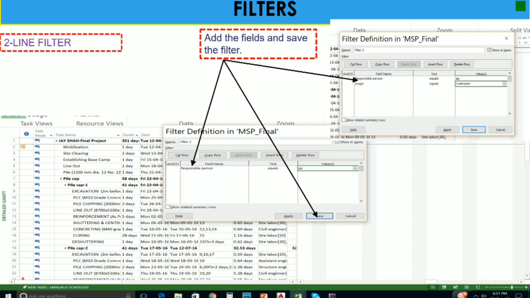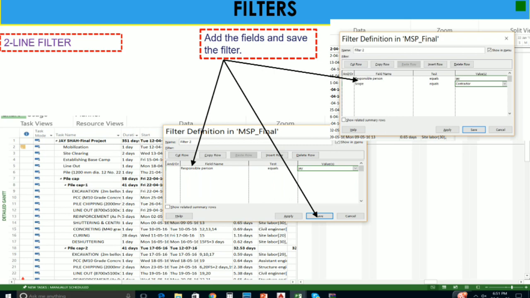If you want to know who is responsible for a particular task or activity, and what the scope of work for that person is, then for that two-line filter you can add the field name as Responsible Person, with the condition equals, and the value is Jai.